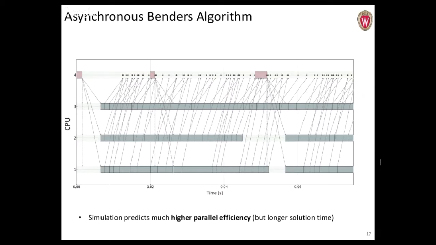But that's because what the asynchronous variant is doing is, instead, the master is saying, I'm going to wait for a certain fraction of these subproblems to complete. I'm going to run the master again. And then you see that it takes a little bit longer, but